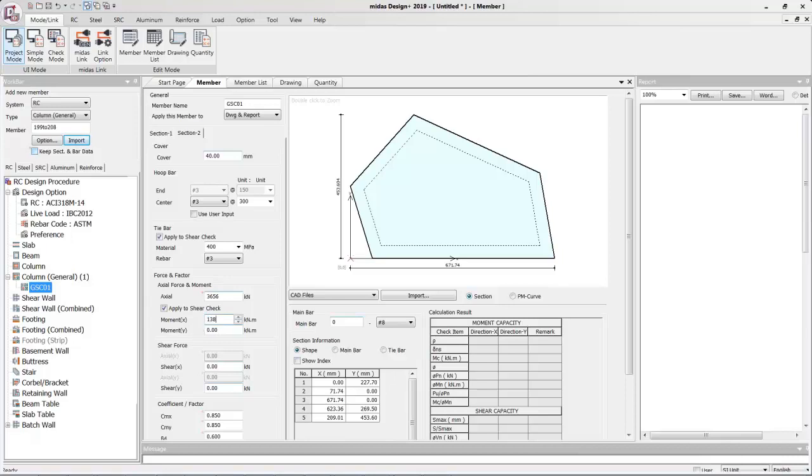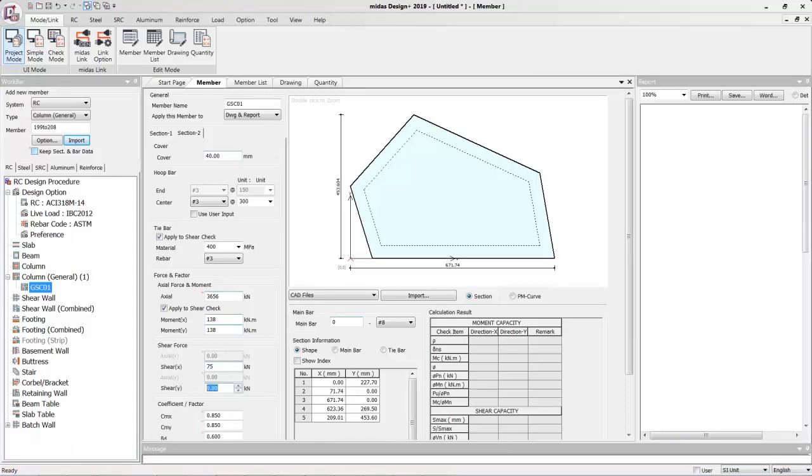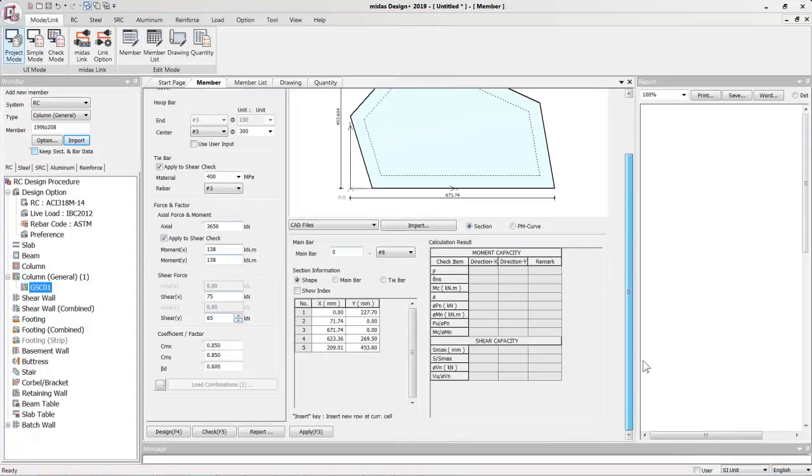So I'll just provide 138 for our moment in x direction. We'll make it as biaxial by providing the same moment in the y direction. Then the shear forces, this one, so I'll make it as 75 and 65. So I'm just providing over here certain inputs,